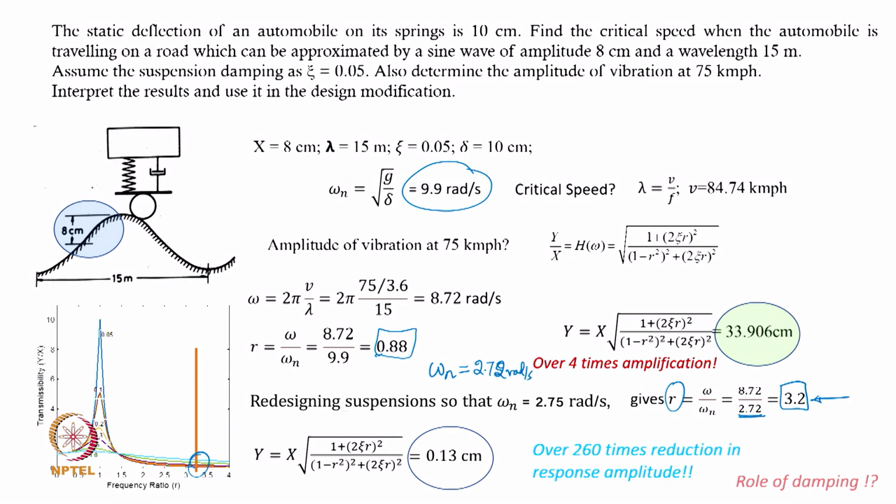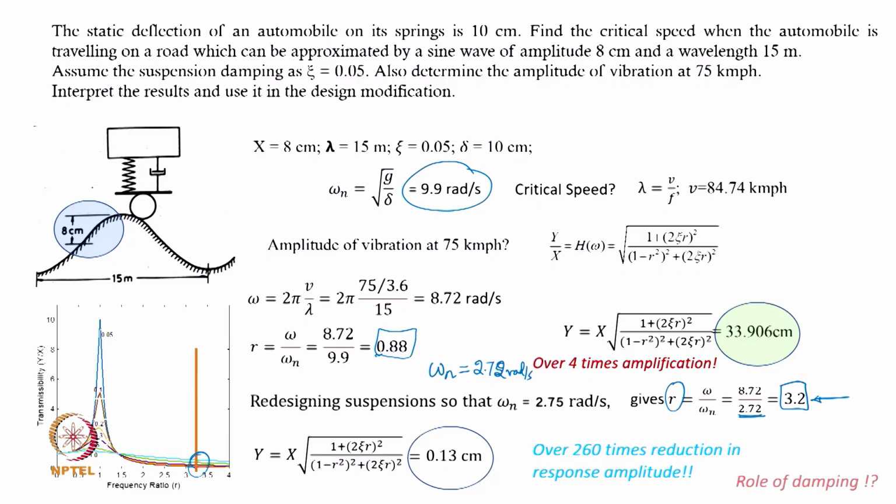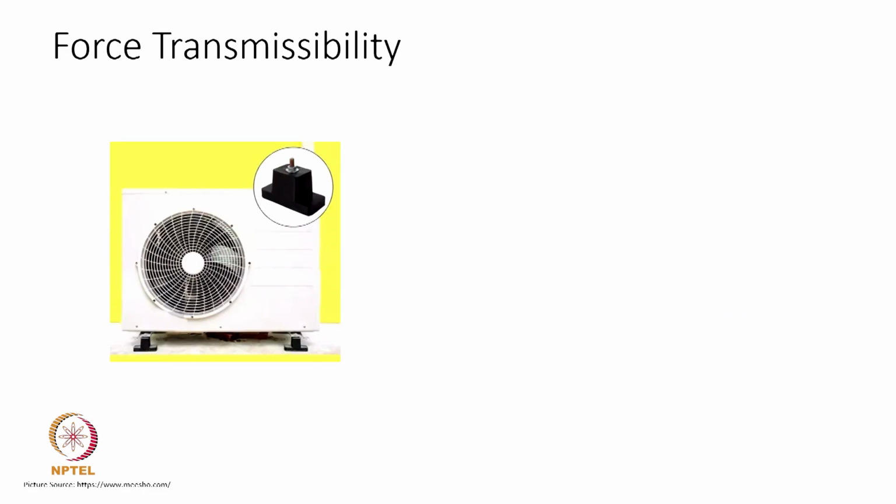Now, role of damping here, I must not increase the damping here. I will quickly go through the resonance point, and lower damping will help me here. You just redo this exercise by adding or increasing the damping ratio from 0.05 to, let us say, 0.3 or 0.2. You will find that you will not get so much of reduction. Okay, so,